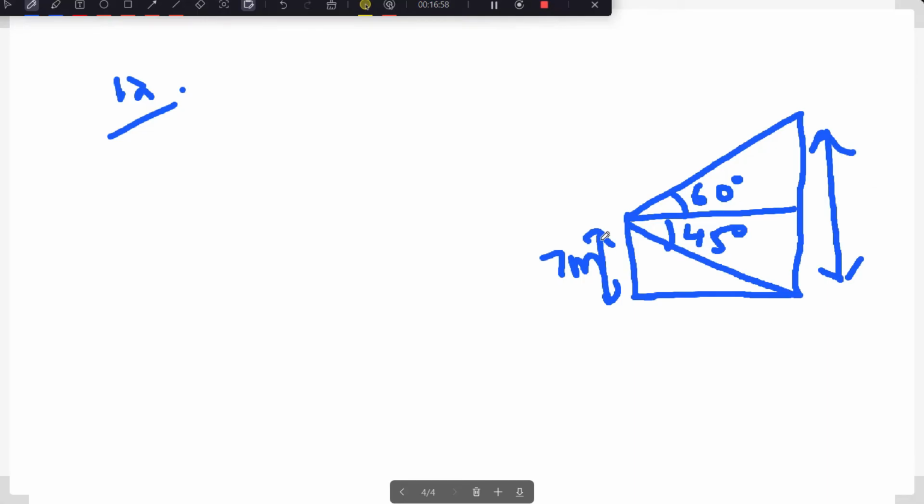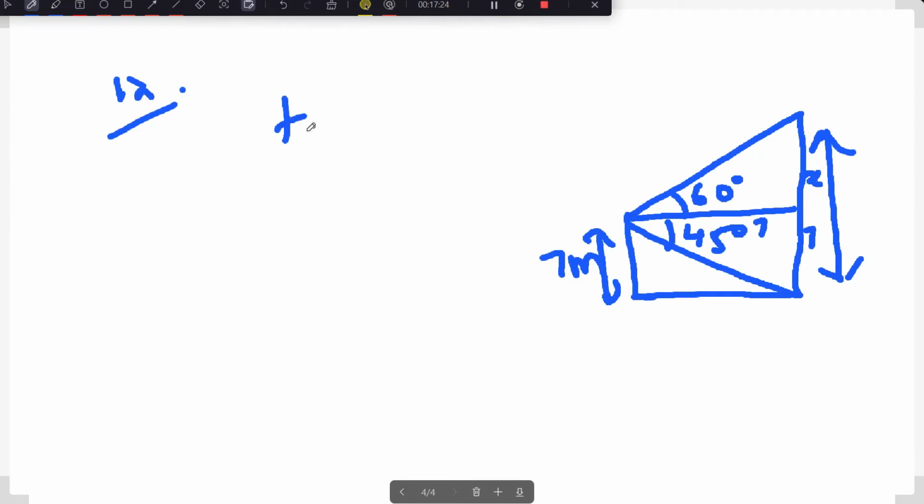Here we know that this is 7, right? This is 7, so this is also 7. This is 7, so this is also 7. How? 45 degree. I'm just breezing you through it; you don't need to write each and every point. This is 7, this is 7. So if this is x, the height of the tower is x plus 7. For this triangle, we know this is x, and we know this is 7.